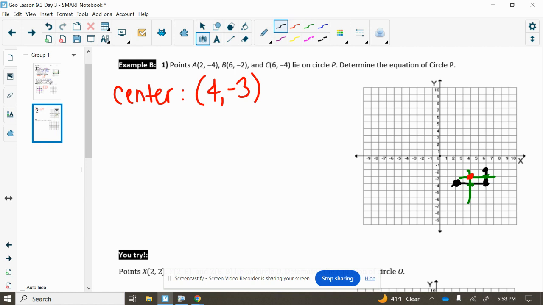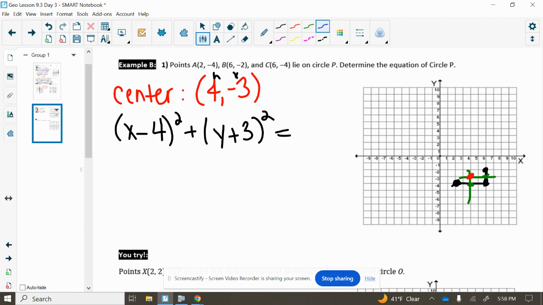Now again, we want to start by plugging in our newfound h and k values. Remember, minus -3 is really the same as saying +3. And then we need our r squared value. So to get r squared, we are going to plug in one of these 3 points. And again, it does not matter which one you plug in. I'm going to choose to just plug in the first one. And I'm going to plug in 2 for my x, -4 for my y,